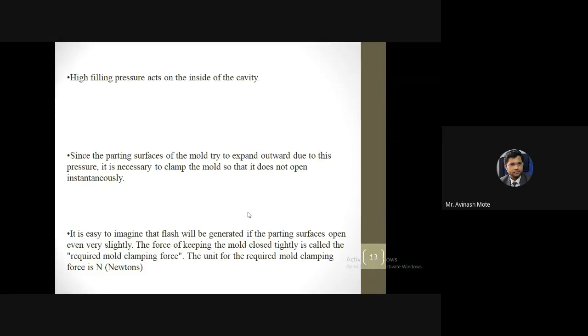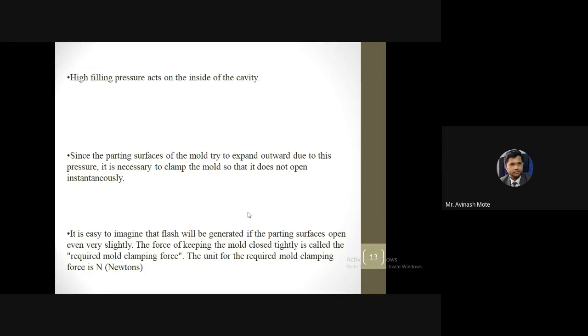So we have to apply the clamping force there, so that it will close very fast and material should not escape from this opening. It is easy to imagine that flash will be generated if the parting surface opens even very slightly. The force of keeping the mold closed tightly is called the required mold clamping force.